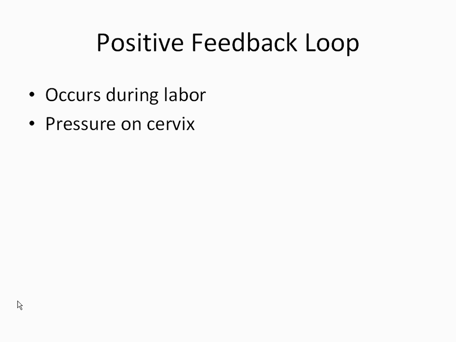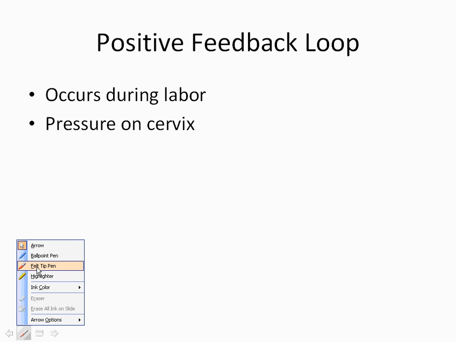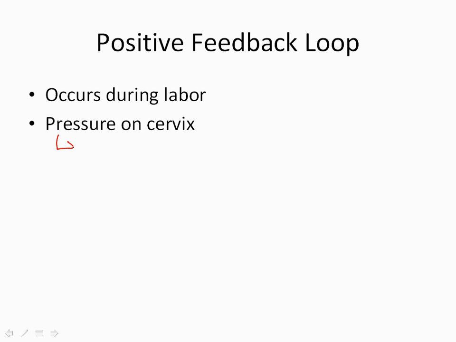Okay, so positive feedback loop in females, this is going to occur during labor. And this is going to be caused by a pressure on the cervix. So the fetus is in the uterus. This is going to put pressure on the cervix. So because of the fetus, and this fetus is going to put pressure on the cervix and cause a nervous signal which is sent